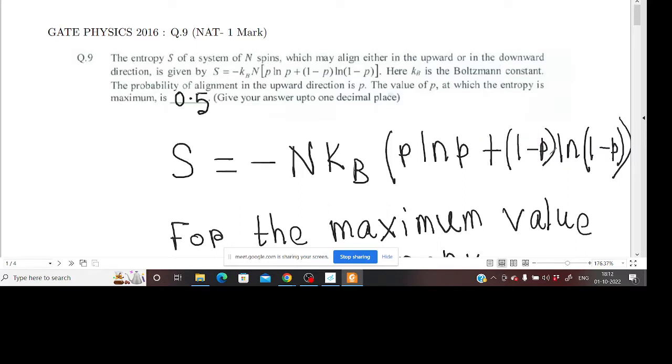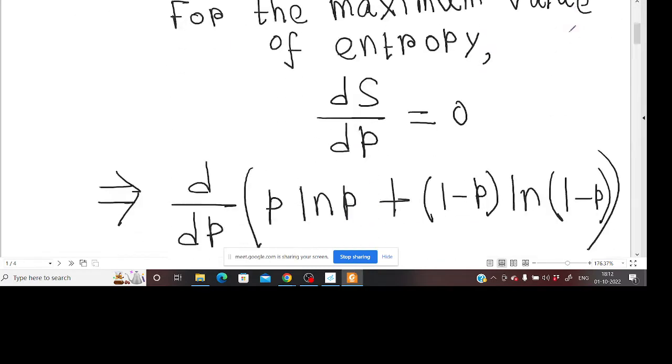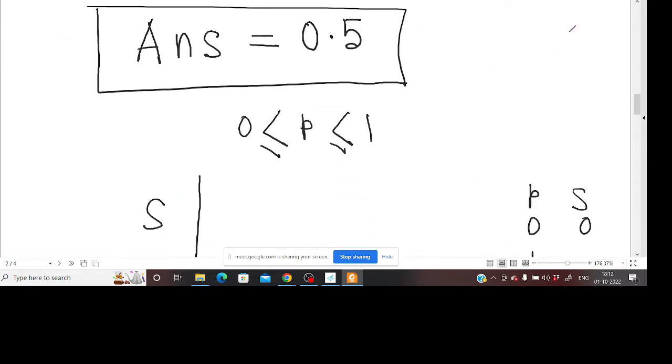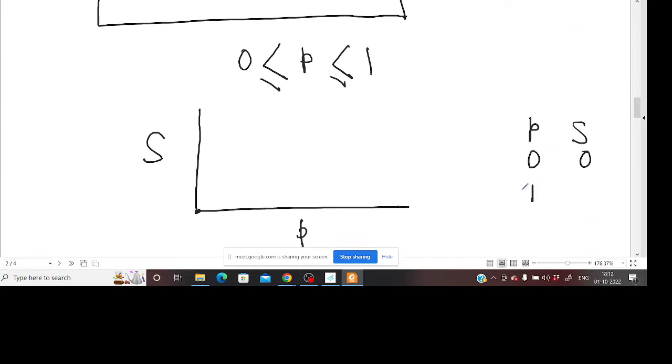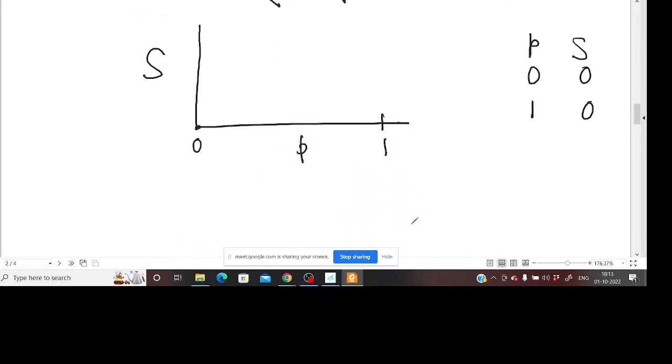So the second term is 0 when p is equal to 1, and the first term is also 0 because log of 1 is 0. So for both p equal to 0 and p equal to 1, S is equal to 0. So the range of p is between 0 and 1, and for p equal to 0, S is 0, and for p equal to 1, S is also 0, and for p equal to 0.5,